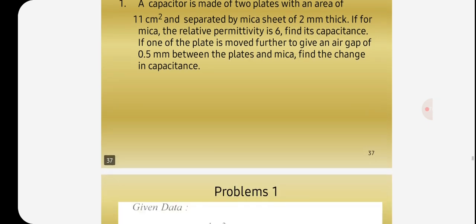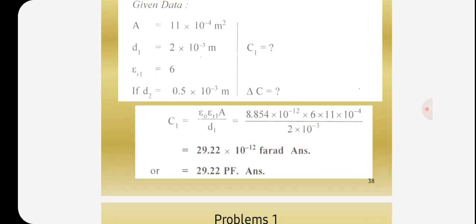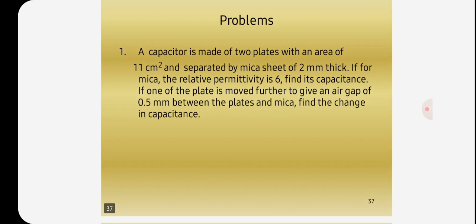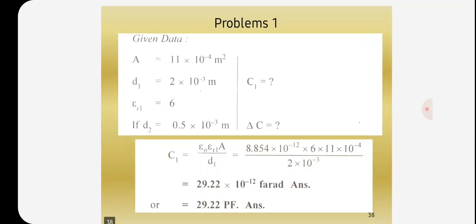capacitance. So here the given data is: area is equal to 11 into 10 to the power of minus 4 meter square. Here they gave it in centimeter square, we can convert it to meter square. Area is equal to 11 into 10 to the power minus 4 meter square, and d1 is equal to 2 into 10 to the power of minus 3 meter. Epsilon r1 is equal to 6. If d2 is equal to 0.5 into 10 to the power of minus 3 meters, find out the C1 and